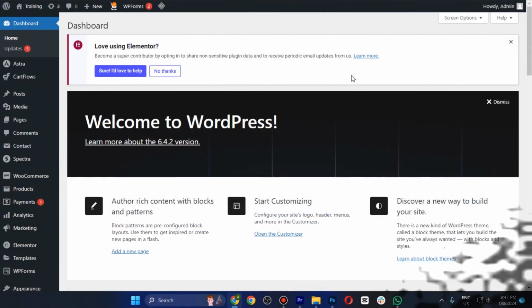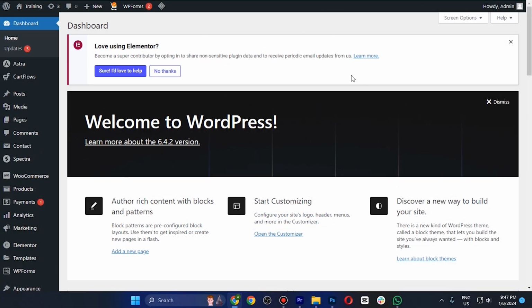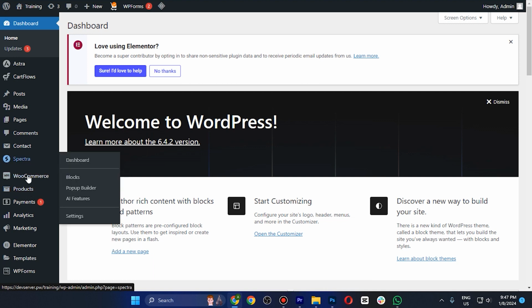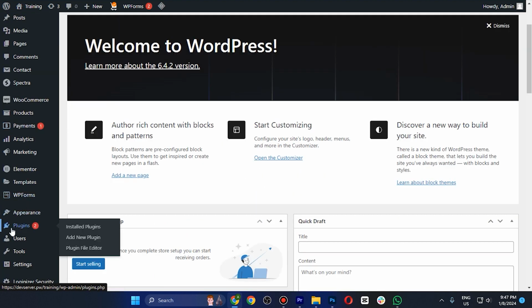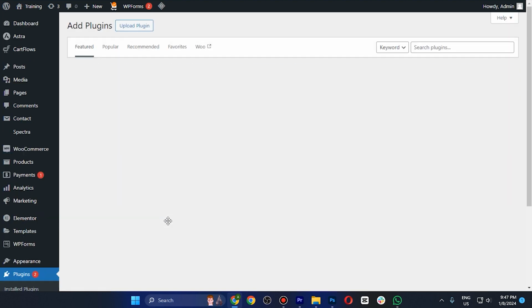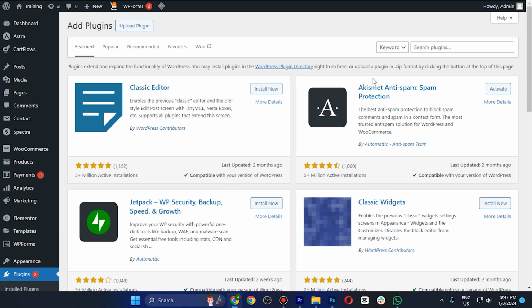So let's get started. The first thing is we need to install a plugin, which is also a security plugin. So scroll all the way until you see plugins and tap on add new plugin. Once you tap on this, it will take you to this page where you need to tap on the search icon